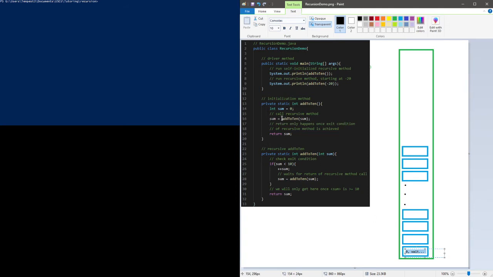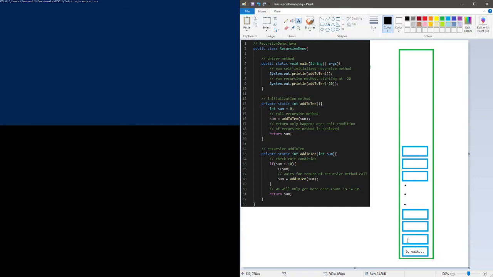All right, so what is this method? This method here is a recursive method. So we call private static int addTo10(int sum), where sum is 0. If sum is less than 10, 0 is less than 10, plus sum, so